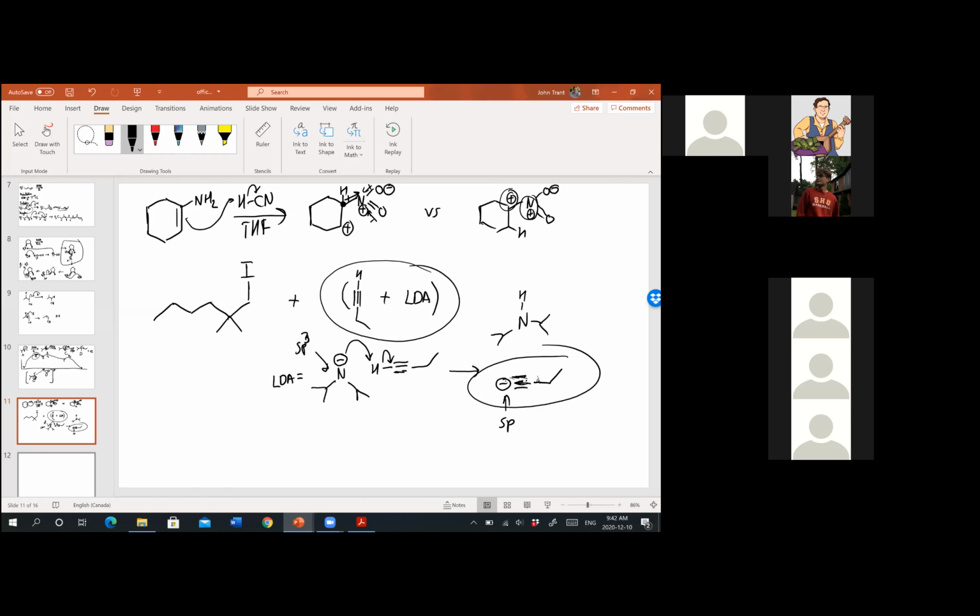And I've also stacked the deck because there's no way to eliminate, because I have removed the hydrogen here. Even if I hadn't, it would still do an SN2. And so that's going to be able to do an SN2 on the iodide. It's a really good nucleophile. And that will give us